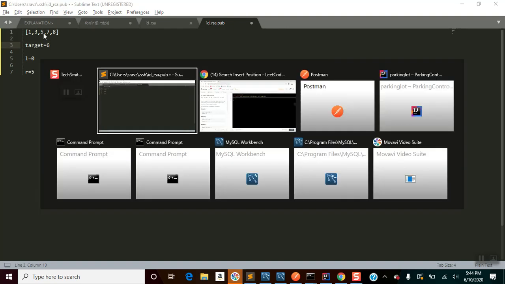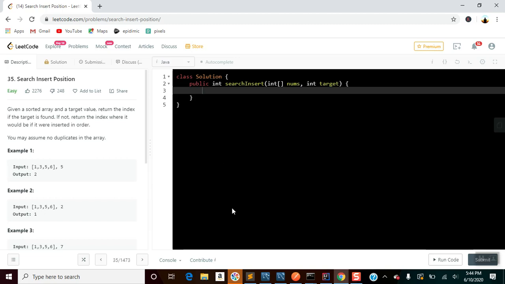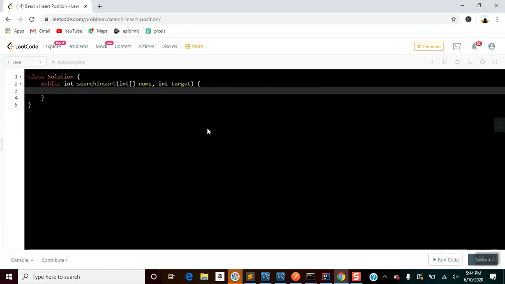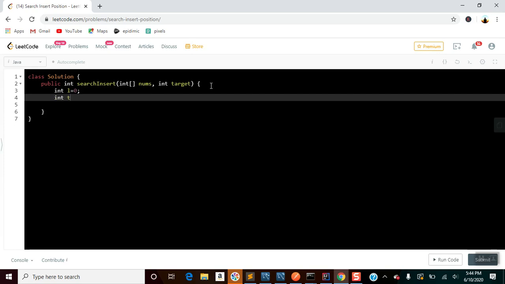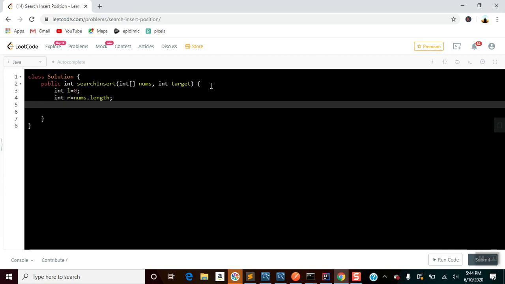Let's implement it. Okay, let me take int l equals to 0, and int r equals to nums.length. Now we have to check while the left pointer is less than the right pointer.